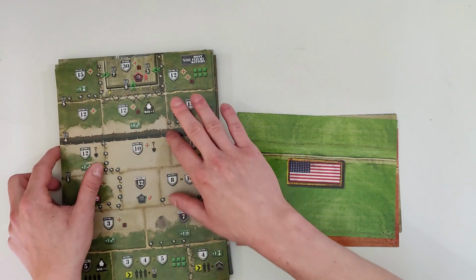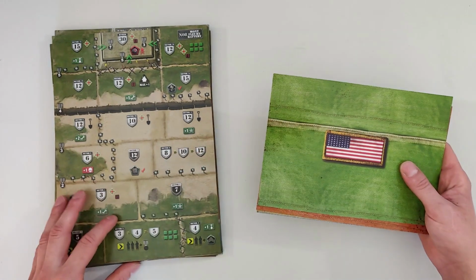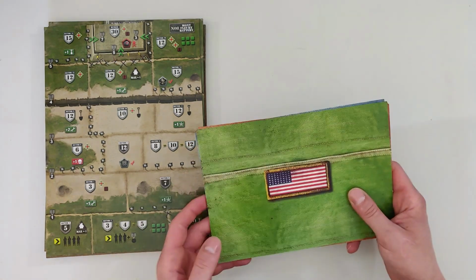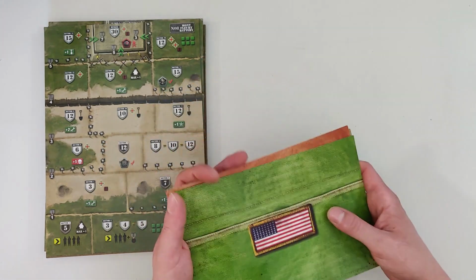Because, for example, Omaha Beach is going to be the US, and I think Sword Beach was either British or Canadian. I can't remember, but I think the US only stormed Utah and Omaha. So that's, I think, a cool way to play the game if you prefer to play